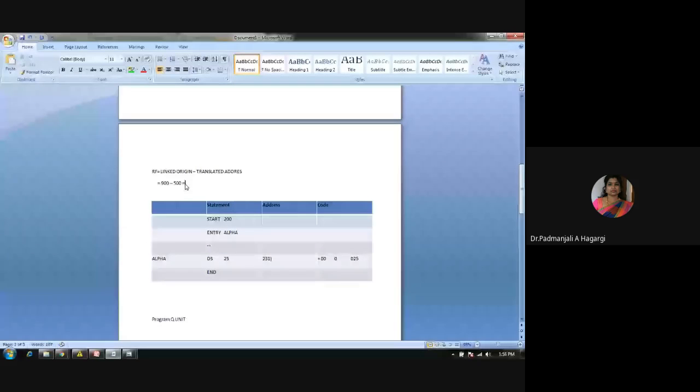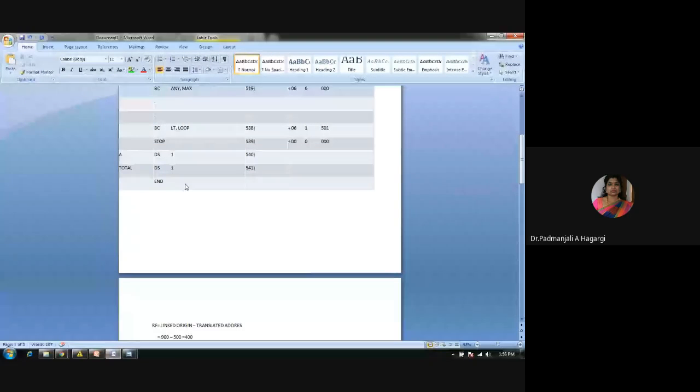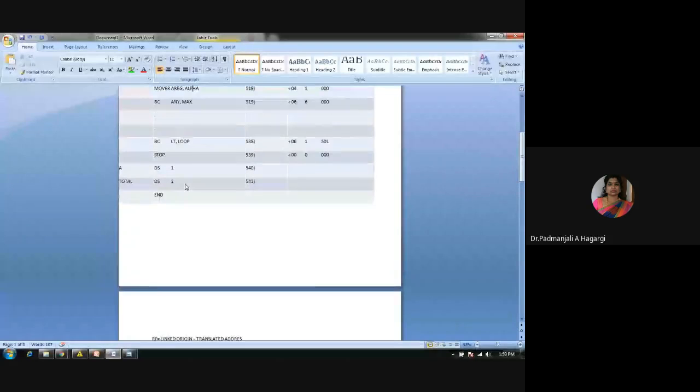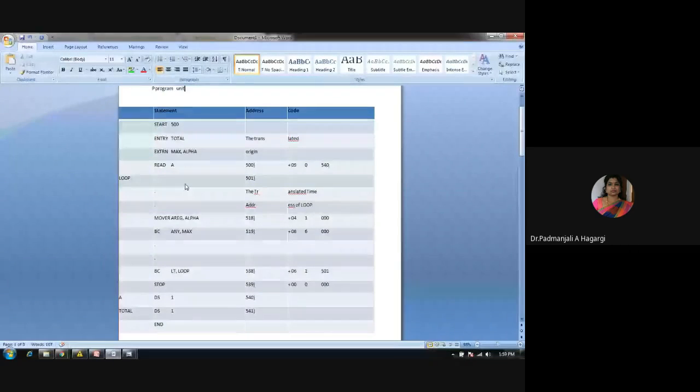Now all the instructions should change, because once we have the relocation factor as 400, internally all of the addresses will get changed, because it is starting at 900 instead of 500. Now in the linker it is getting started at 900. So internally, read A will now start at 900,